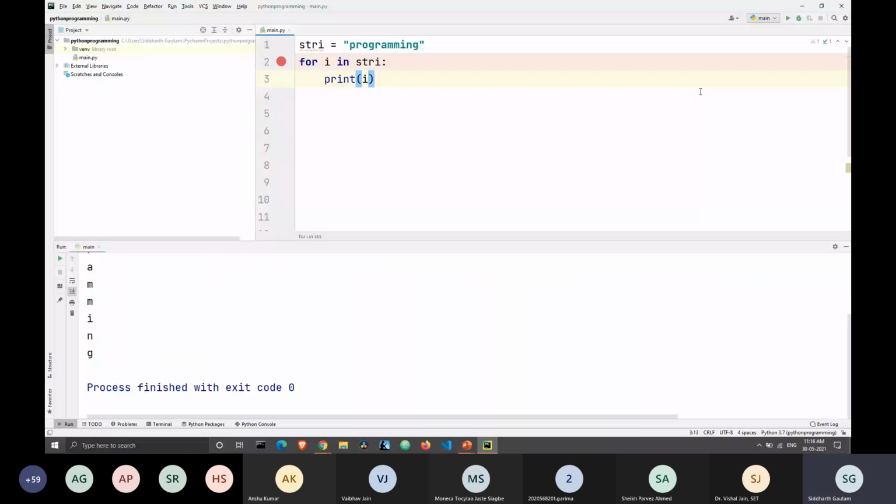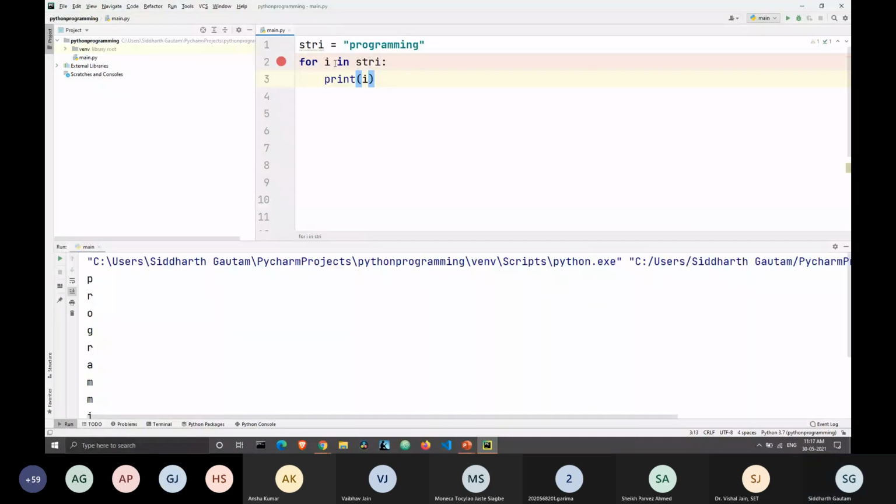Okay. So what's happening here is that we have this string called programming. And then we are iterating through this string using the variable I. So for I in string means that when the loop runs the first time, the value of I will be the first element, which is P in programming.